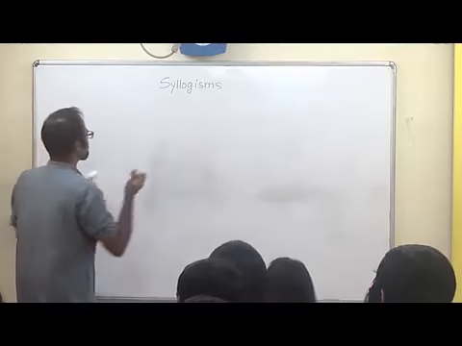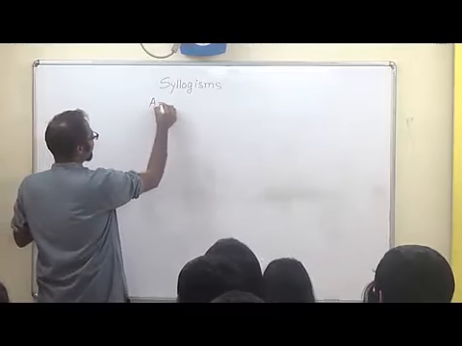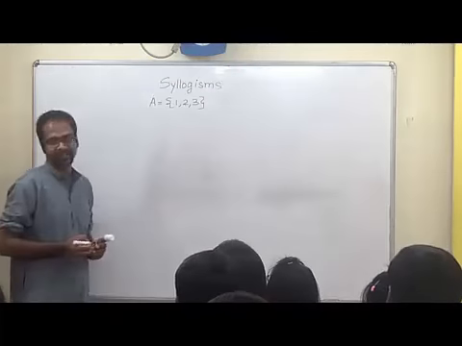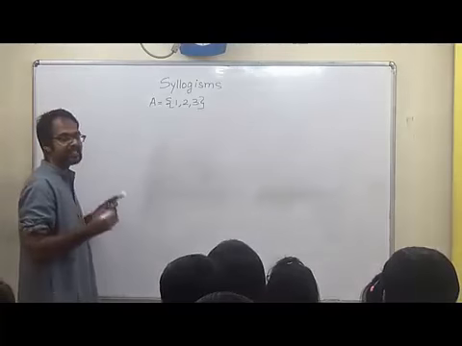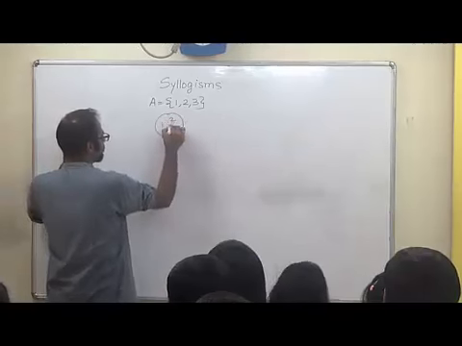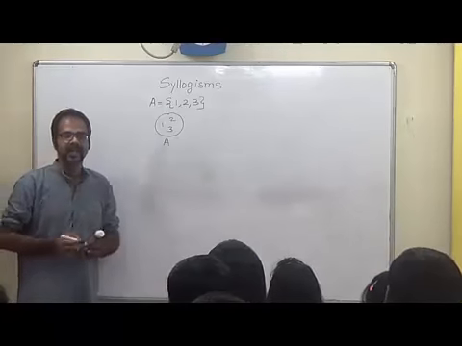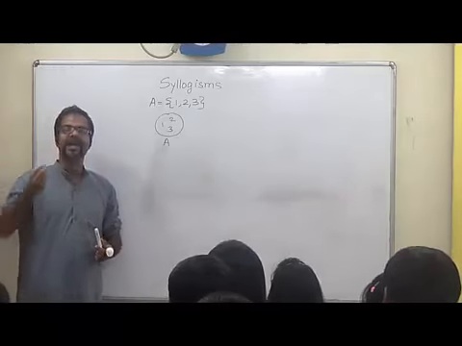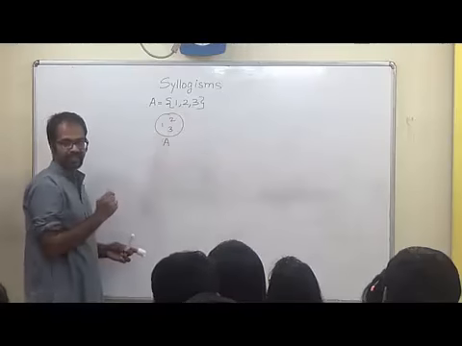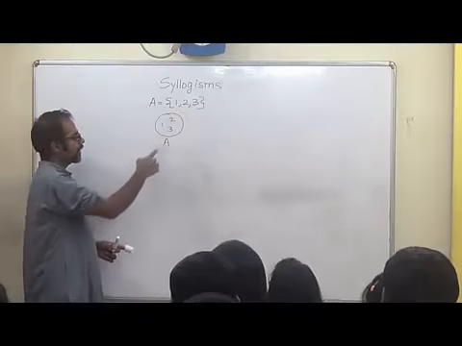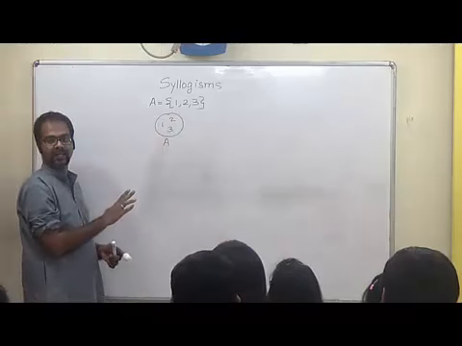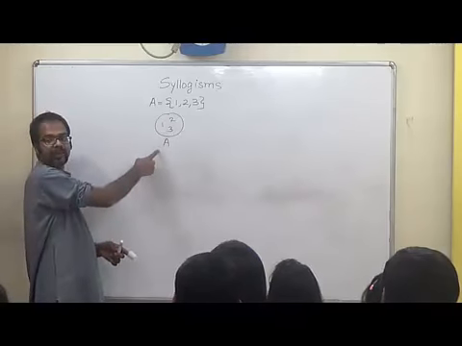Let me show you what a Venn diagram is. If I say A is a set of elements, let us say the numbers 1, 2 and 3, then I can represent this in a diagram by simply making a circle, calling the circle A and putting the numbers 1, 2, 3 inside. This is a Venn diagram. That's it. A Venn diagram is nothing but a diagrammatic representation of groups, sets, right? So whatever comes inside this circle is also a part of the group A.